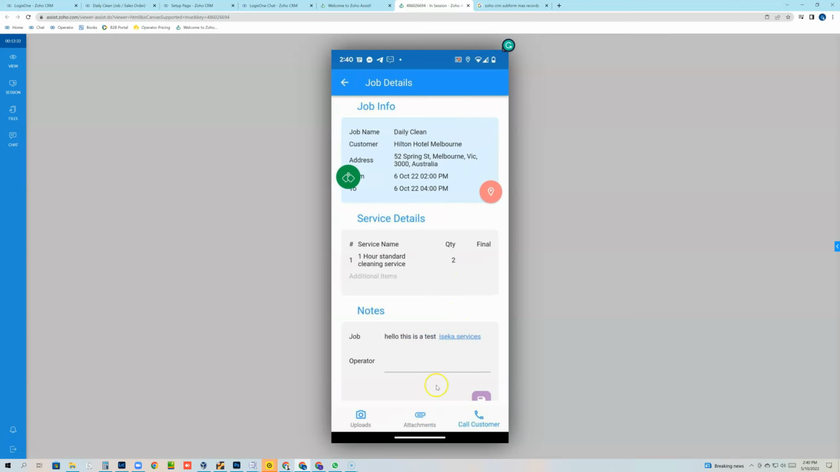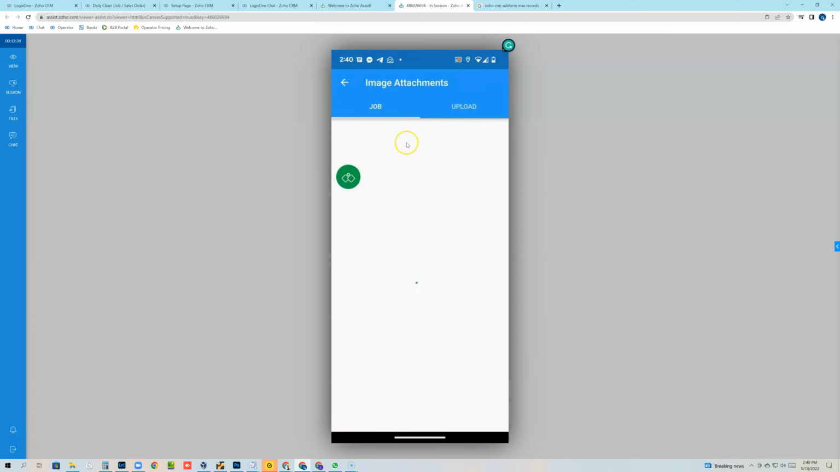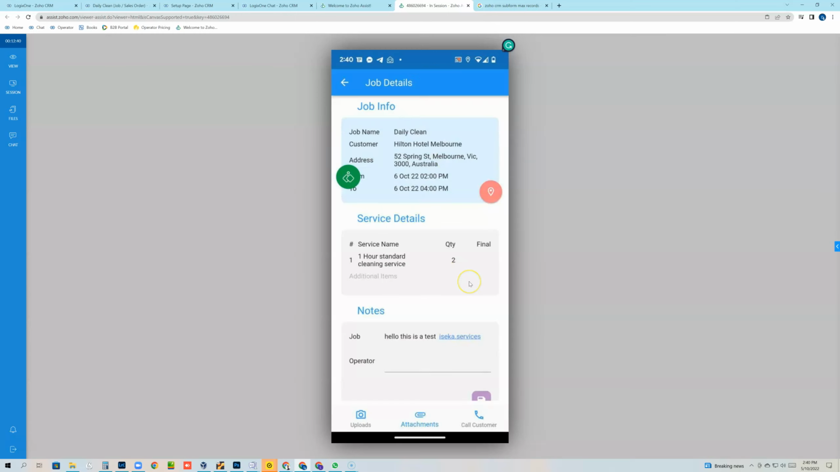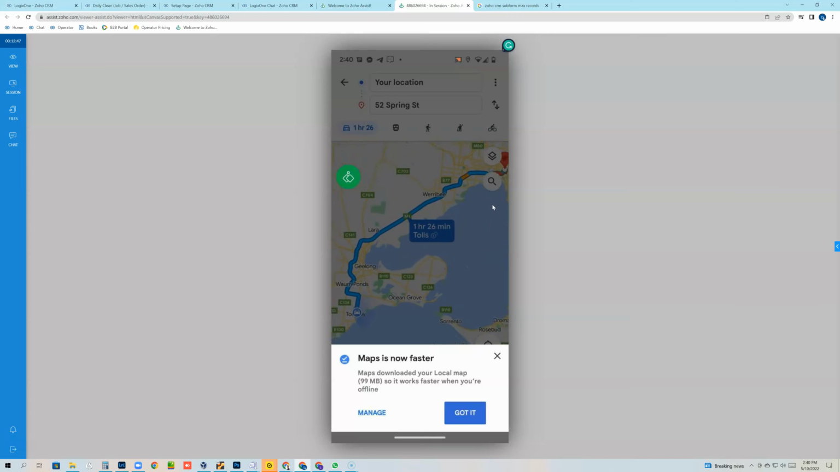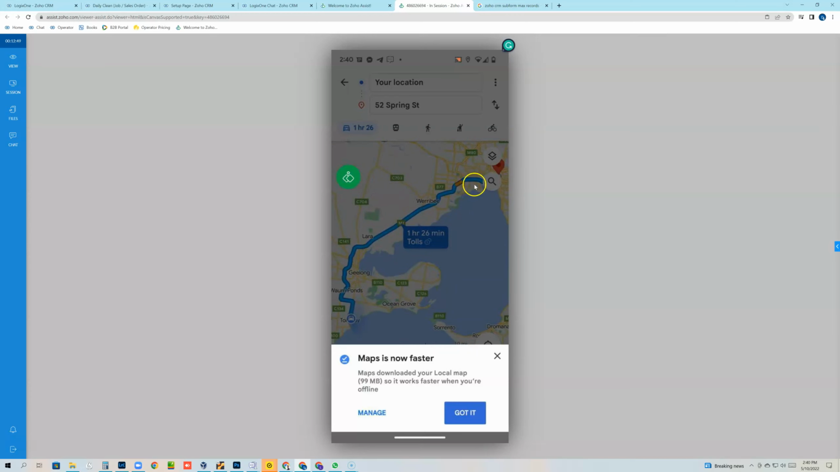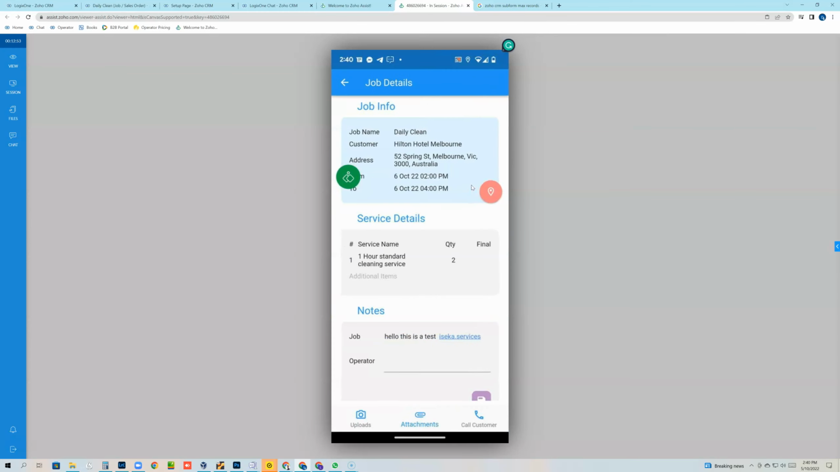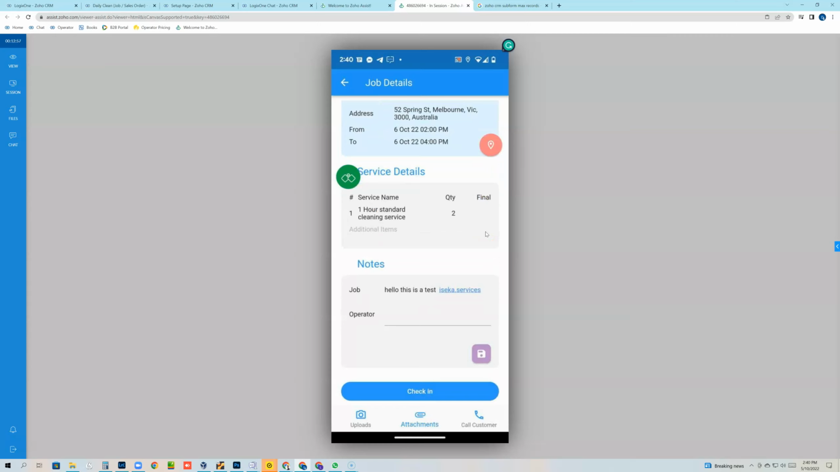Okay, if there were any attachments uploaded to the job, they would see those here. All right, and we'll go back. And so now they can, as I said, navigate to the job. So what it will do is pass through the address details of the job and then map it using Google Maps. And then when they get there, they can complete that job. Okay, so when they click check in,